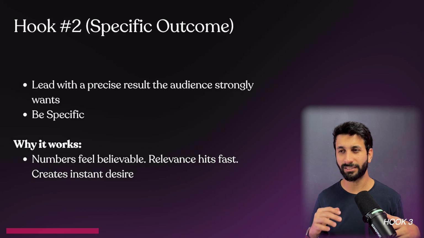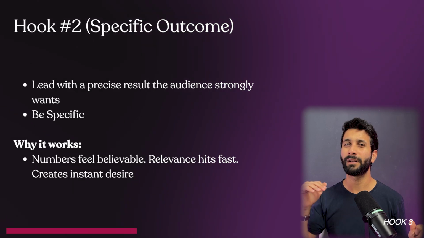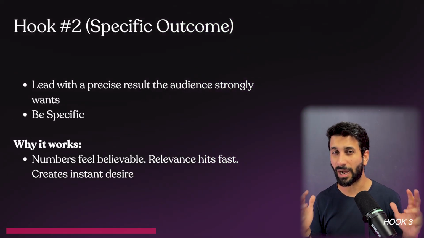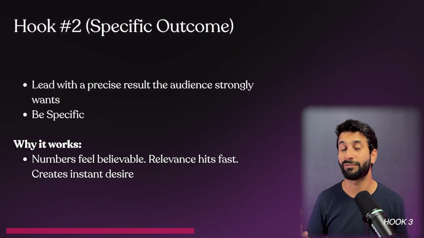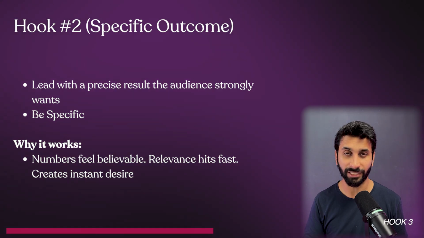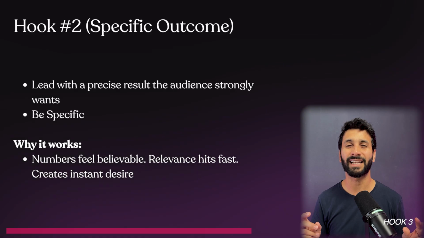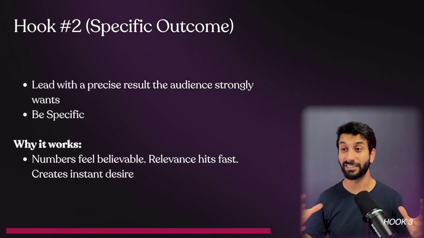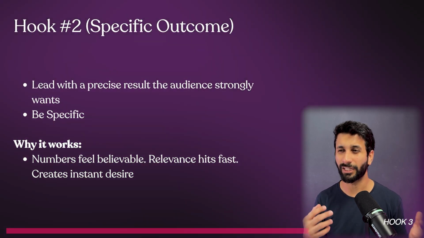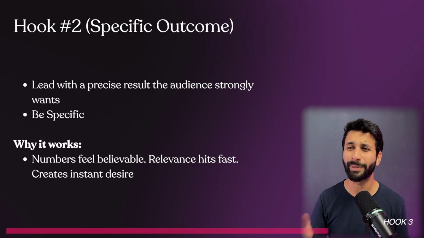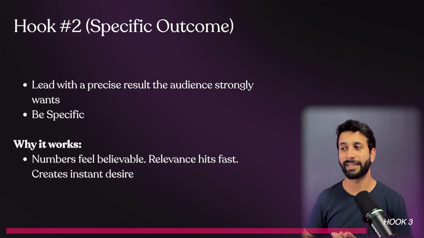The reason why hook 2 works is because of the specific outcome. What I mean is that when you tell people that you have achieved something and that outcome is amazing, they want to know, because this is not normal, it's something to be proud of, an achievement, and you want to lean into it. And it's very specific. He says from 154 to 115, and he's also showing it on the screen at the back, in a green screen format. He's using the numbers, and people who are really trying to figure out these outcomes, especially in weight loss, really pay attention to this because they are trying to achieve those numbers themselves. So this outcome is very relatable, and that's why it's working.